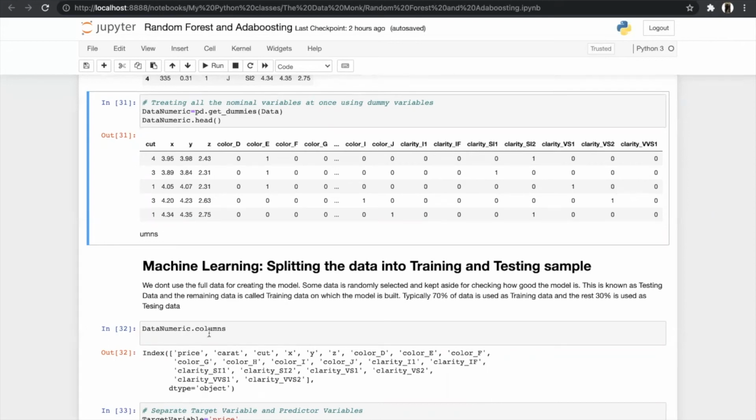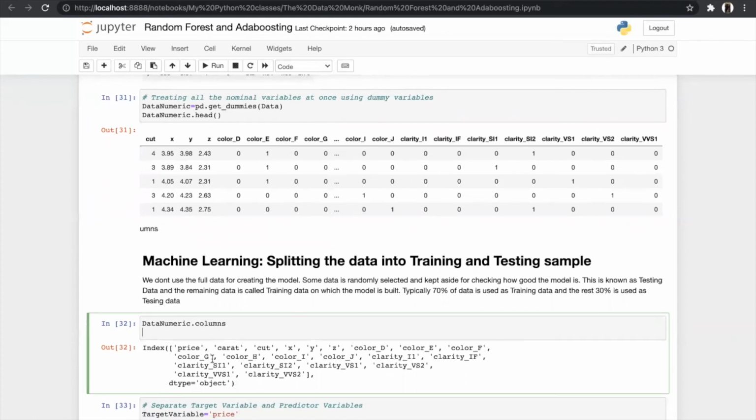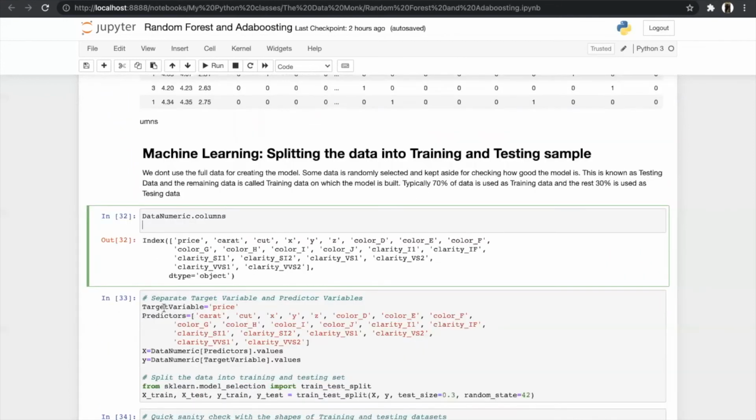First we have written the data numeric column to check how many columns there are and get their names for further reference. Then we have assigned the values to the target variable and the predictors, and later split the data using train test split in the ratio of 70% and 30%. In test size, as you can see, it is 0.3, which means 30% is our testing data and the rest 70% is our training data. For random state, it is just a number. If we assign a different number, it will help us pick a different combination of rows for our training dataset. Then we will quickly check the shape of our training and testing datasets.